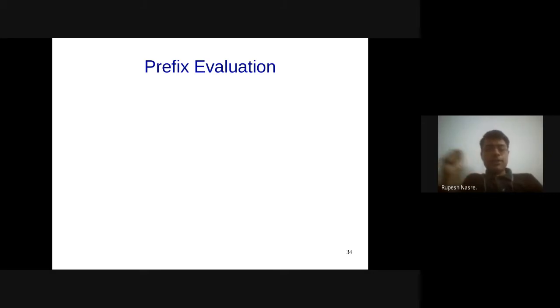The reason being that you are actually encountering the operator when it has both the operands available, right? So when you have some expression like star plus 2, 3, 5, that plus 2, 3 is the one that needs to be executed first. And if you do it in the reverse order, by the time you reach plus, then you have both the operands directly available with you, right? So